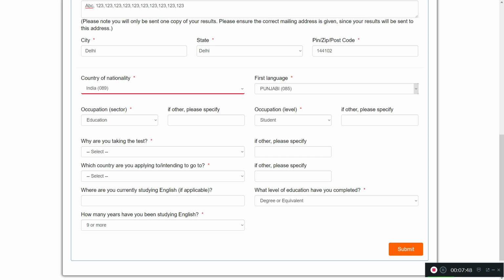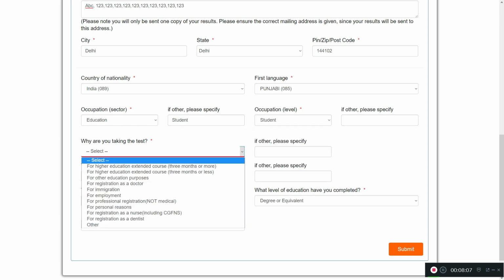So this is your first language. If your first language is Punjabi, you can put in Punjabi. If it's Gujarati, if it's Hindi, or whatever. So here is the occupation. Here you should say education, and if it's some other, you can just say student. Occupation is student. And why are you taking the IELTS? Now you can read all these